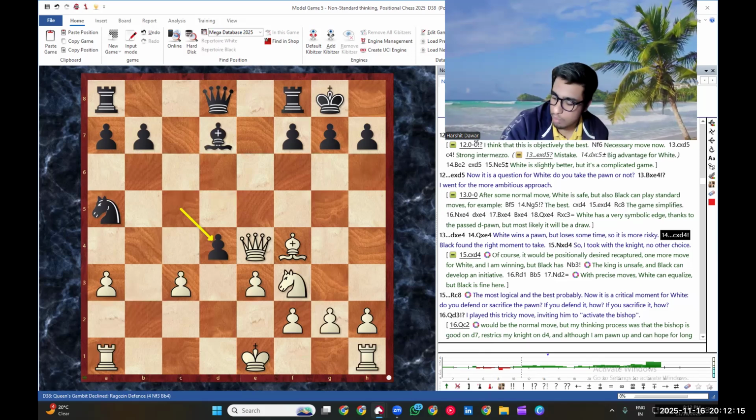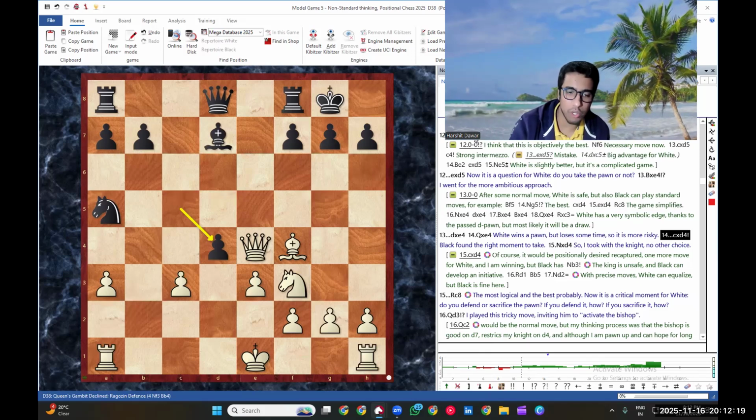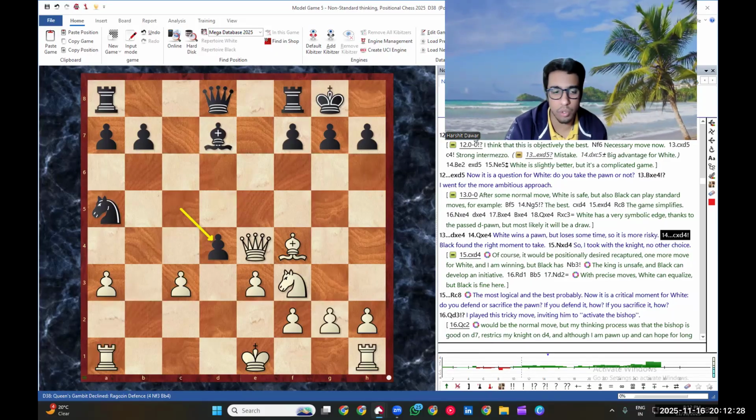But that's when the time comes to see what you get in return and make sure your nerves are calm and you find the best approach. And definitely without the ideas and without seeing such games, without working on such positional chess concepts and courses, you are not going to have any idea that such things exist.